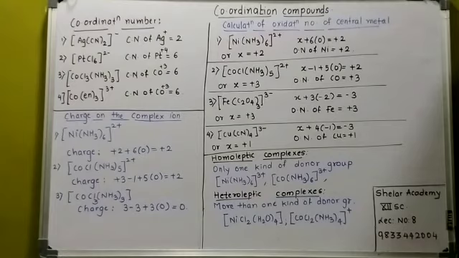The next we go to the different types of complexes, homoleptic and heteroleptic. Homoleptic is simple: if there is only one kind of donor group, that is called homoleptic. See the example, ammonia is the only donor group, so that is called homoleptic. Similarly, single. Hetero means more than one kind of donor group. You can see the examples. So these are the examples of heteroleptic complexes. Now we will proceed in the next lecture.